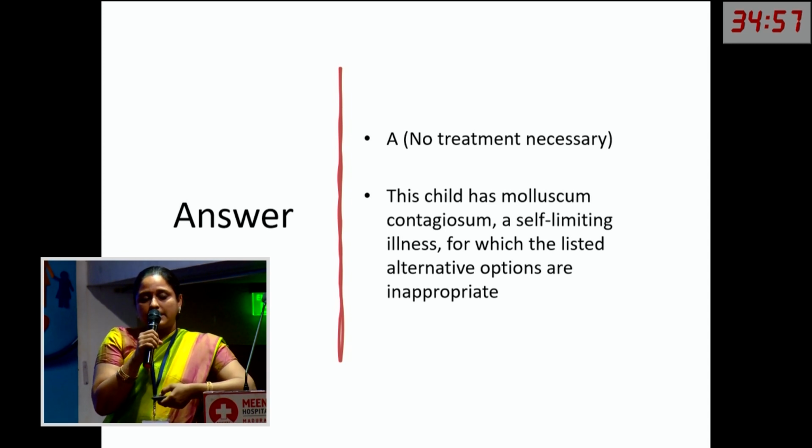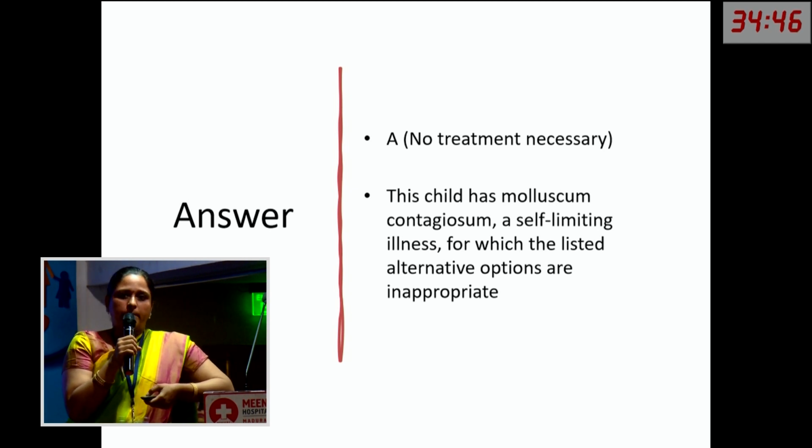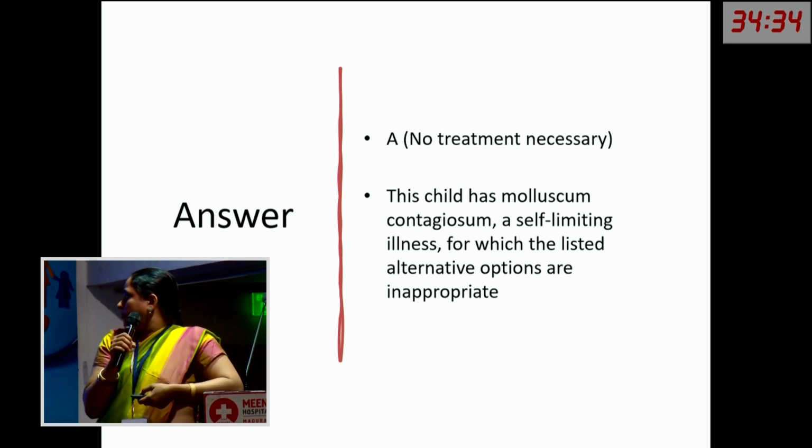Mostly it occurs as single or multiple umbilicated papules with central caseation, and this mostly occurs in children, but it can happen in adults as well who are immunocompromised. So treatment is not necessary as it is a benign self-limiting condition, but if they have any coexisting conditions like atopic dermatitis or the patient is immunocompromised, probably they will need some treatment.